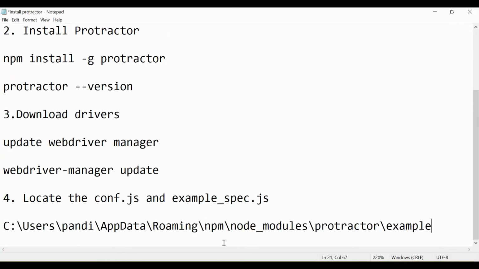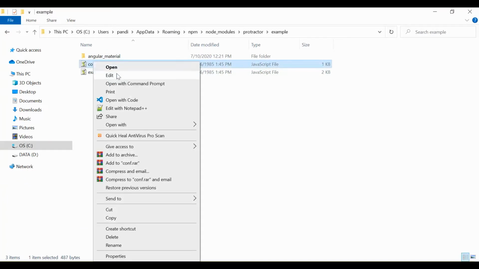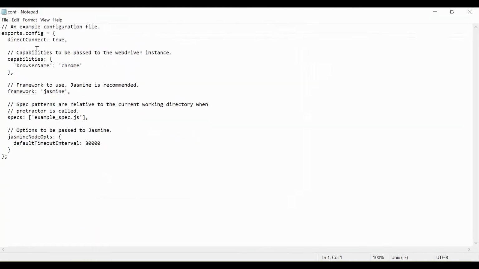So what exactly are these two files? This is the conf.js file, the configuration file in which we do some settings. This line says that for running our Selenium or protractor script, we require a Selenium standalone server, and it should be started.